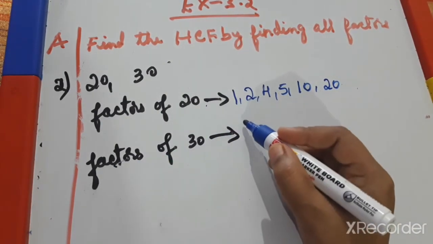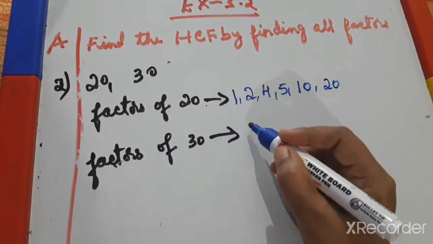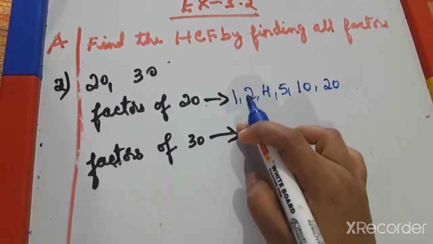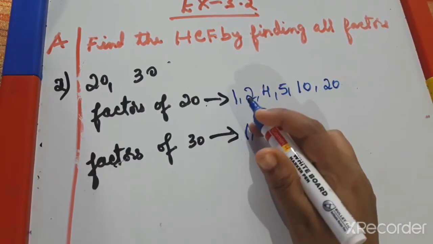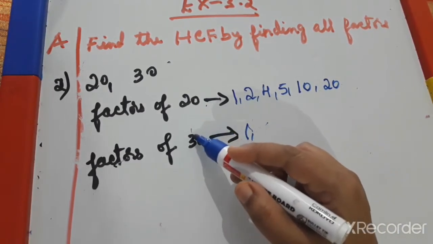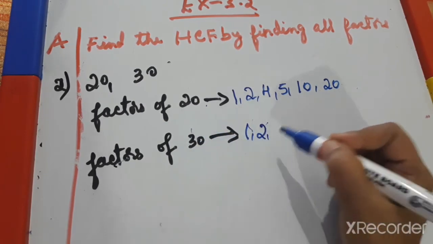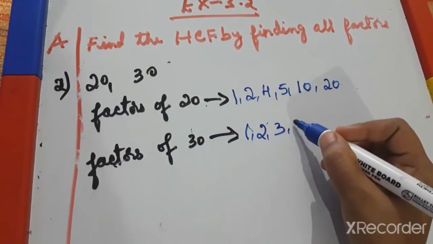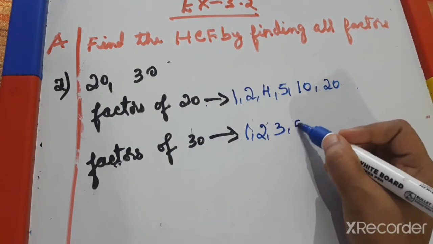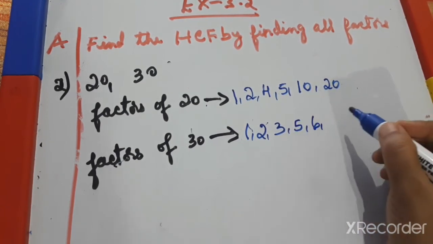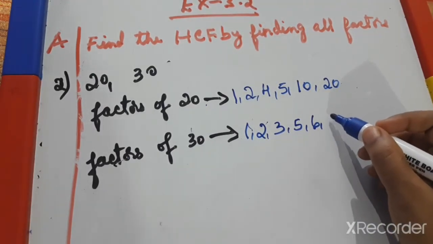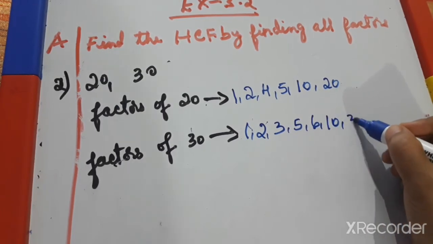Then write the factors of 30, in which tables 30 will multiply. 30 ones are 30, first write the 30 ones are 30, then any other number, 2 ones are tables, 2 15s are 30, so 2 and 15, and 3 10s are 30, then 4 ones are tables, it does not multiply, no, then 5 ones are 5, 6 5s are 30, so 6 is also a factor, 7 ones are tables, 7 5s are 35, no, 8, no, 9, it will not multiply, and 10 3s are 30, and 30 ones are 30.